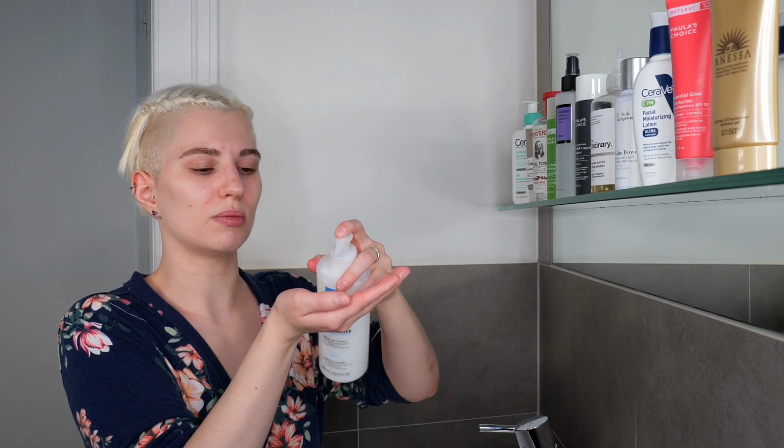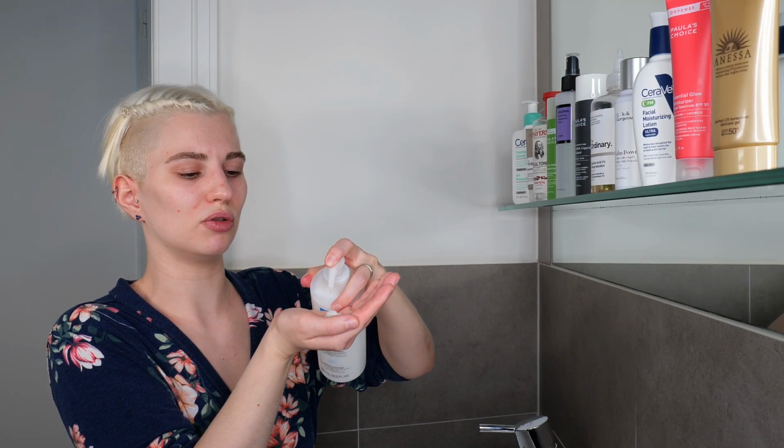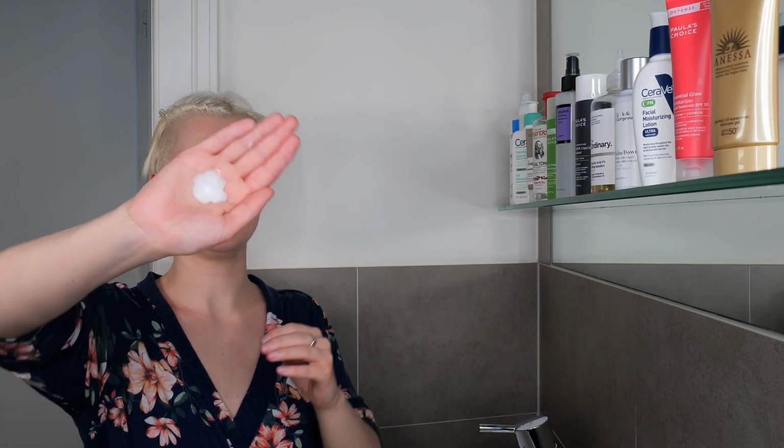So go ahead and use about 1 to 2 pumps, or about a pea-sized amount of your cleanser in the palm of your hand, like so. Use it between your hands, and then again either apply it on wet or on dry skin and massage it all over for 30 seconds to a minute. So, and once you have massaged your cleanser all over your face and neck, then now you can go ahead